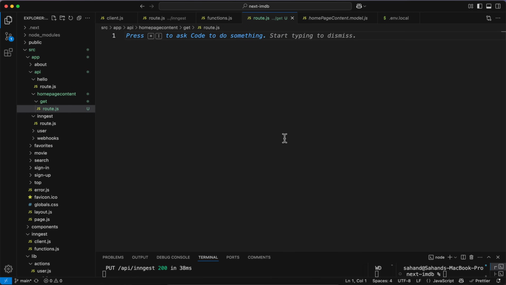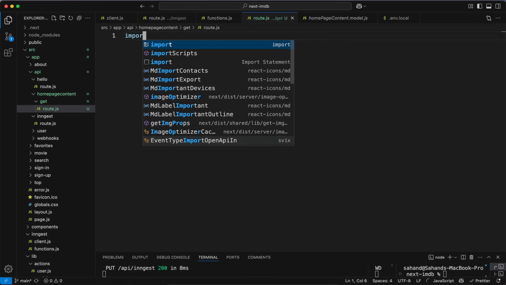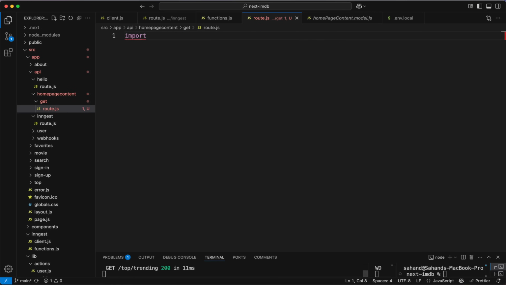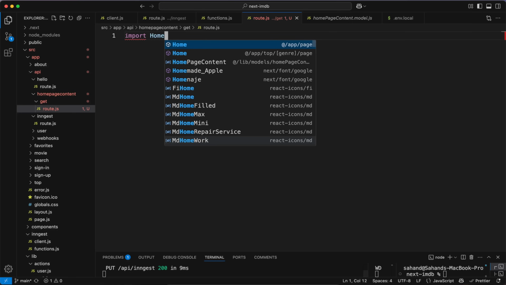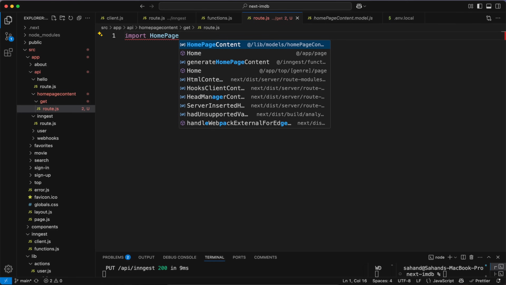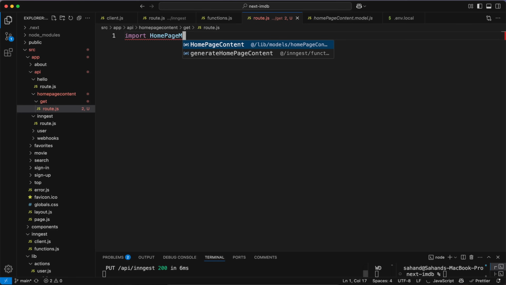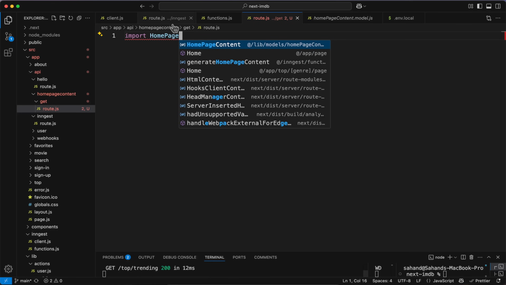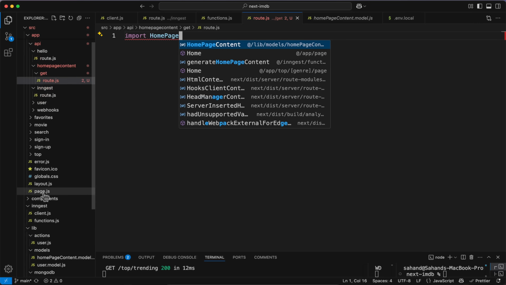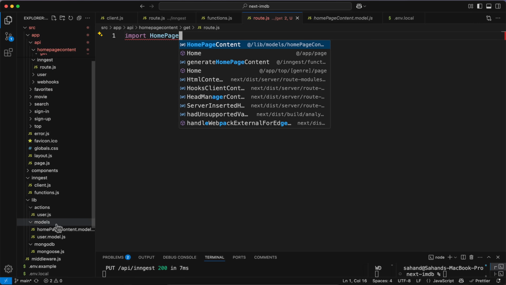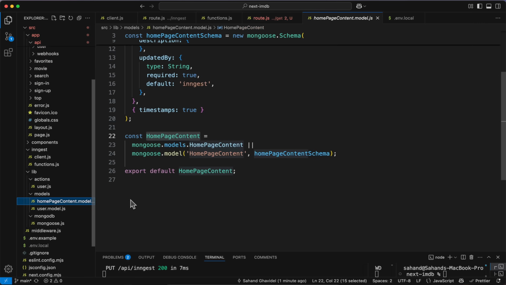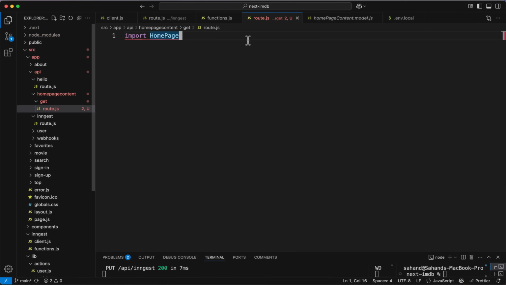Now the things we want to do is just import our homepage model. Import homepage content